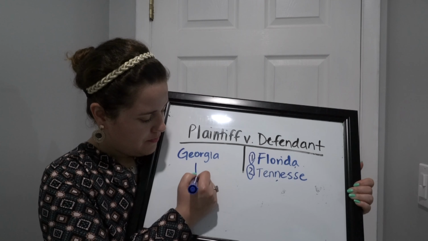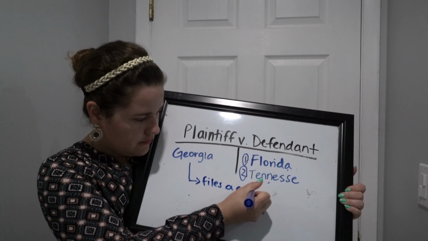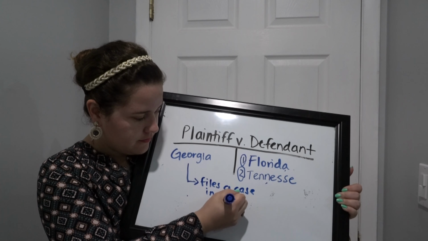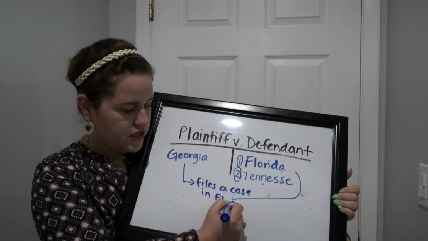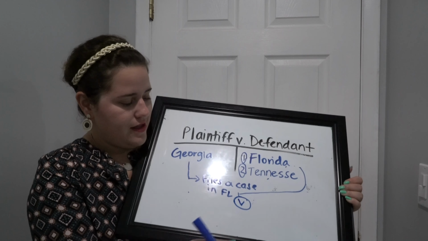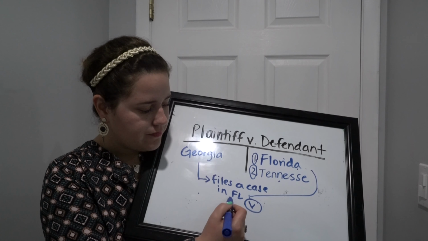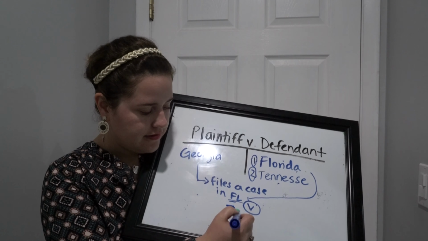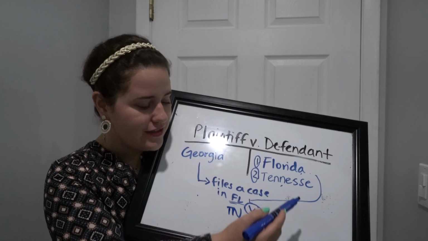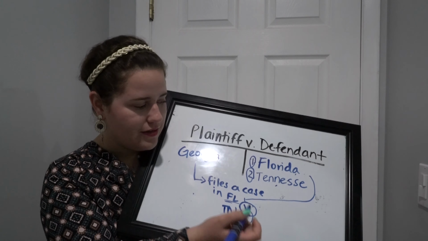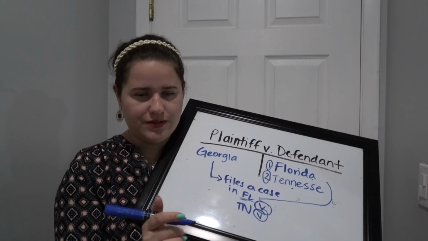Let's suppose the plaintiff in Georgia files a case in Florida. Florida is proper venue, so we give it a V with a circle for proper venue. But then they want to transfer the case. They want to transfer it to Tennessee. Can they do that? Yes, because Tennessee is also proper venue. A transfer from proper venue to proper venue, no problem. Of course you have to fill out paperwork,